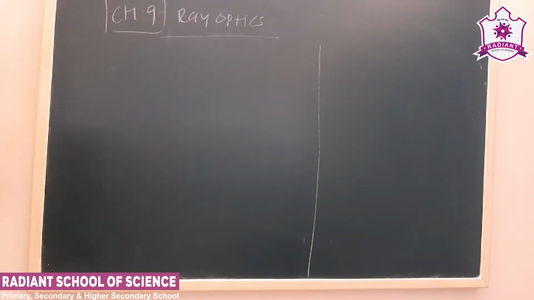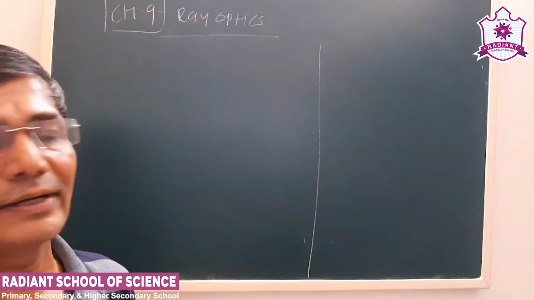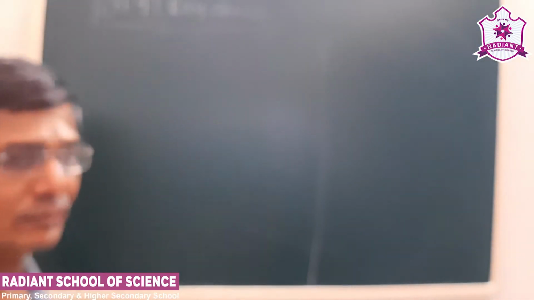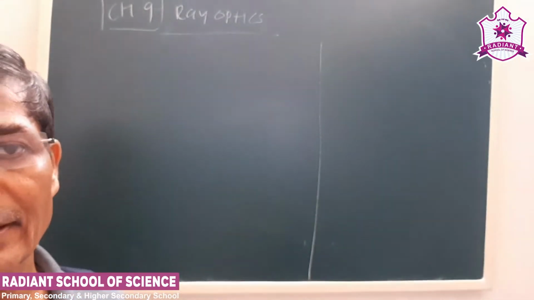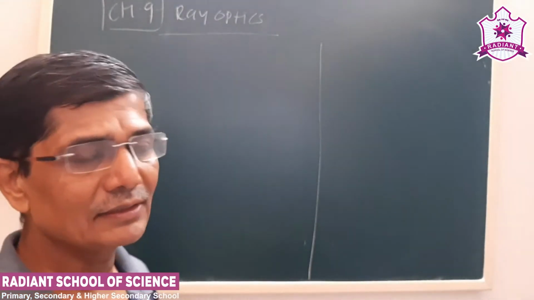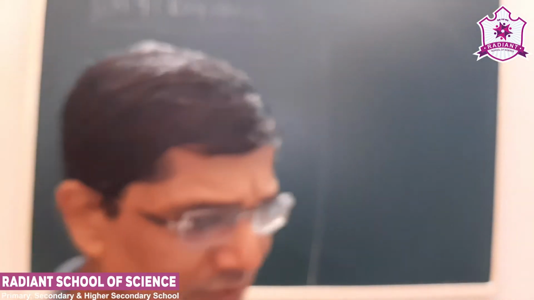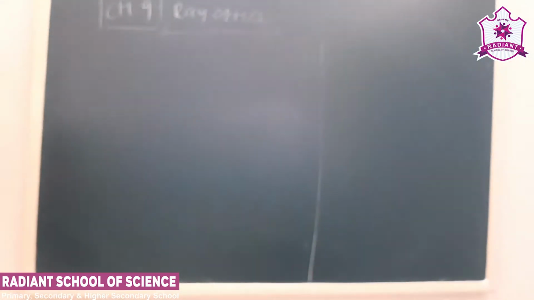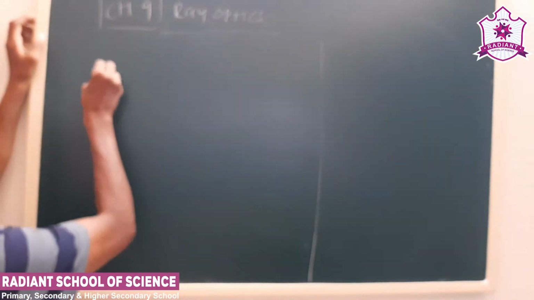Now, dear students, last time we studied refraction of light in lesson number 9, that is ray optics. We also discussed the relation between real depth and apparent depth when refraction takes place. That was based on the simple laws of refraction, like a glass slab. Today we have to study the refraction taking place due to a spherical surface.